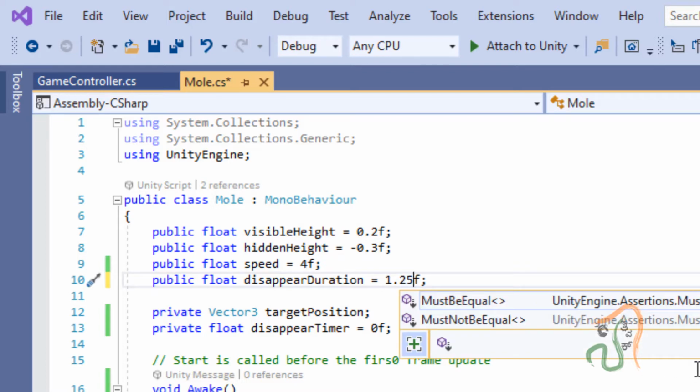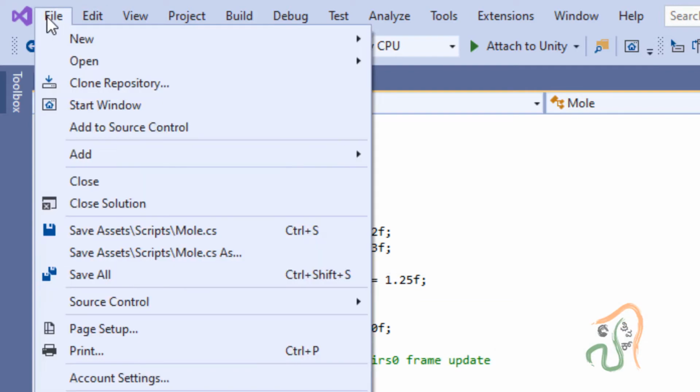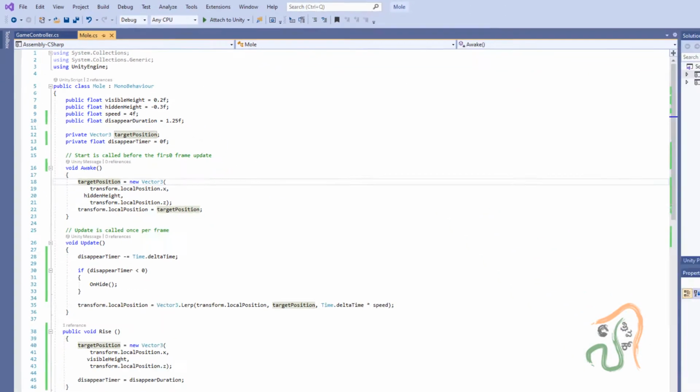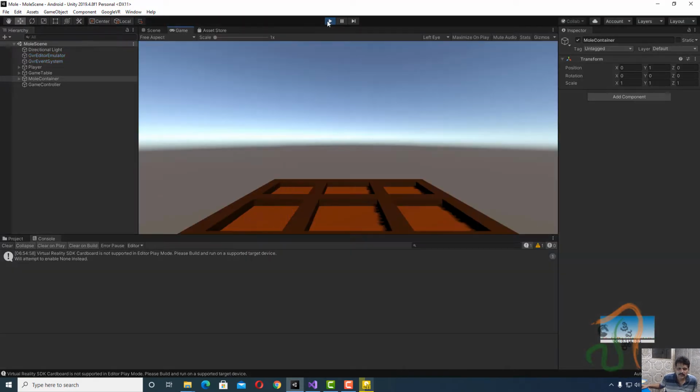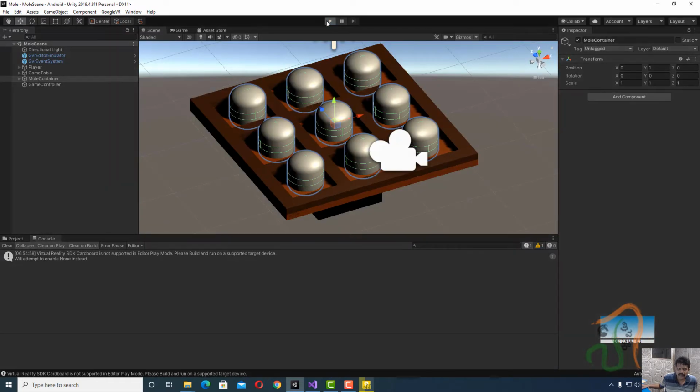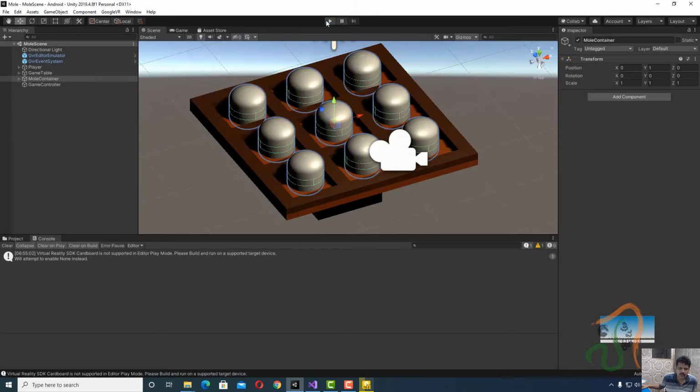Now go to file and choose save all. Now come back to Unity and play the game. It will stay for about 1 second, and after 1 second it is going down. So this logic is working fine.